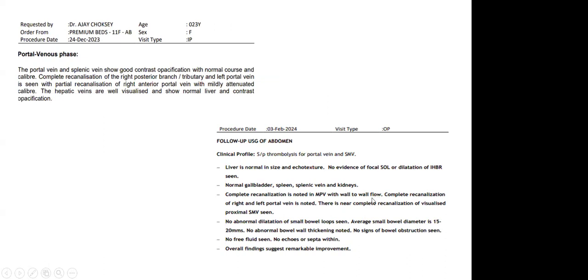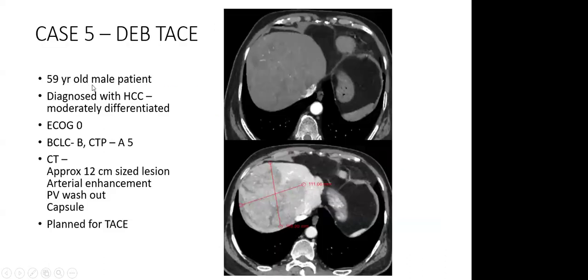Now, another case, a 59-year-old male patient diagnosed with HCC, moderately differentiated. It's biopsy proven, ECOG 0, and Child score A5. An approximately 12 centimeter lesion is there with arterial phase enhancement and portal phase washout. So we took it for